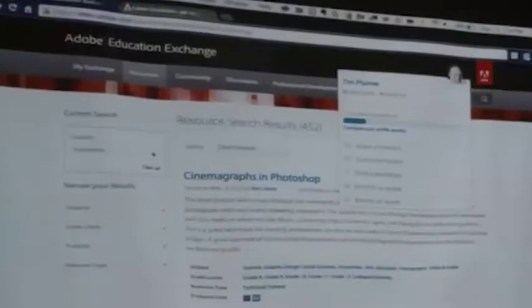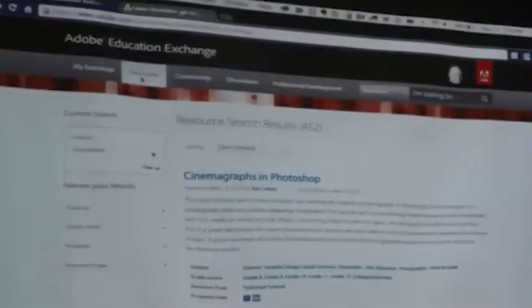What I want to do is point out one more resource that we have for you that I think is one of our best kept secrets, unless you're one of the 200,000 people that are a part of the Adobe Education Exchange. The Adobe Education Exchange is a free website that you can access with or without an Adobe ID. You can see that I've logged in. There's my picture. And what it's designed to do is to give you access to thousands of resources created not